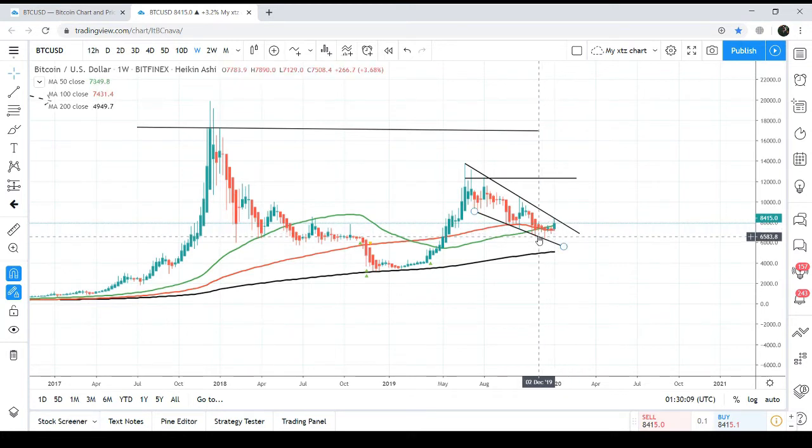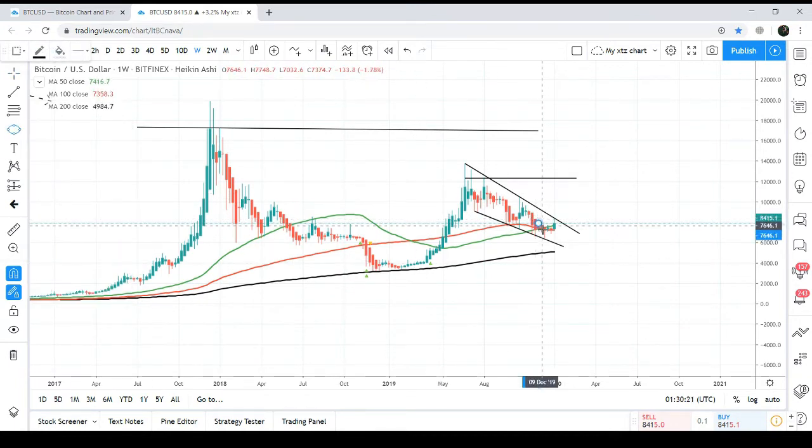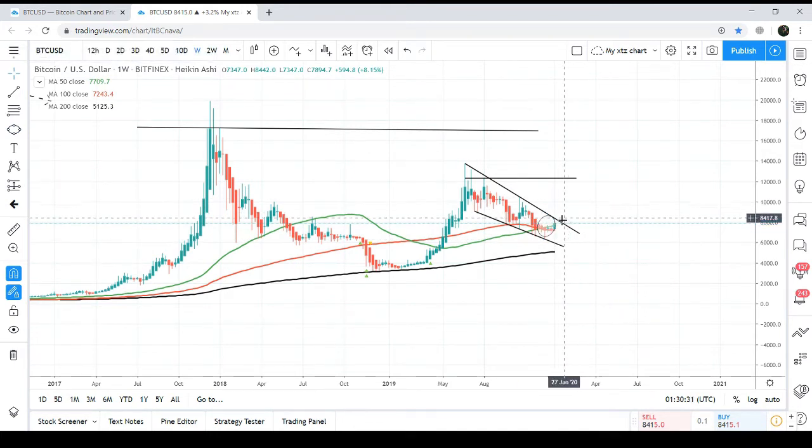And we have already a formation of a 50 and 100 moving average golden cross here. You can see this is a golden cross formed by the 50 and 100 moving averages. The green one is the 50 and the red one is the 100 moving average. So this golden cross can even produce a more powerful bull run, and both moving averages can provide very strong support to push the price action to have a breakout from the resistance of this bull flag, and the price action may hit very soon the first resistance at